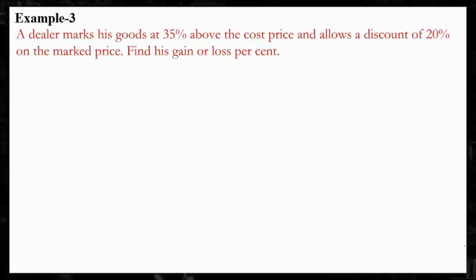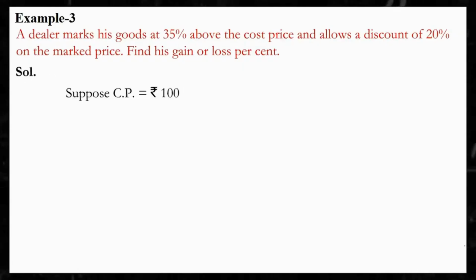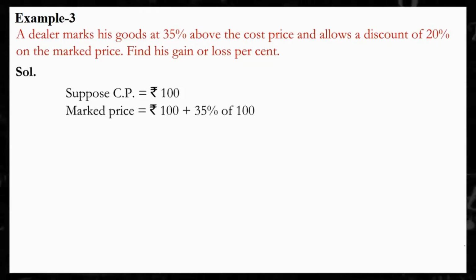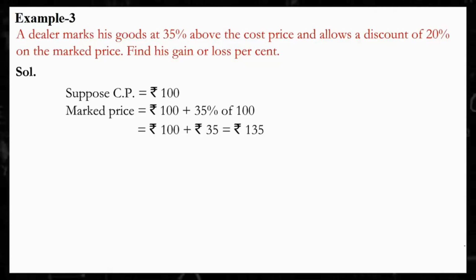Example 3. A dealer marks his goods at 35% above the cost price and allows a discount of 20% on the marked price. Find his gain or loss percent. Solution. Suppose CP is equal to Rs 100. Marked price is equal to Rs 100 plus 35% of 100 is equal to Rs 100 plus Rs 35 is